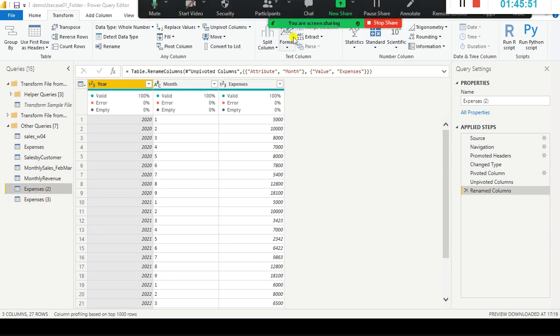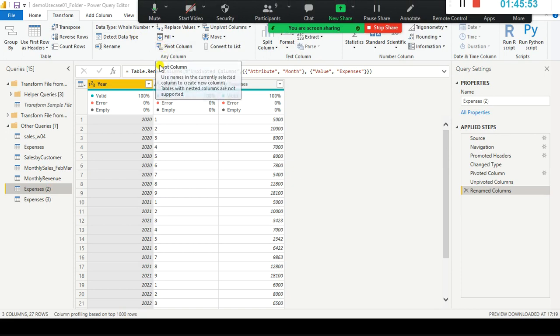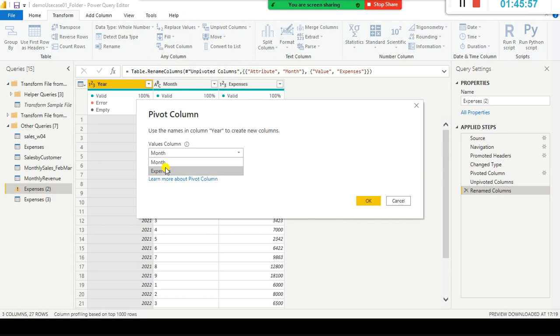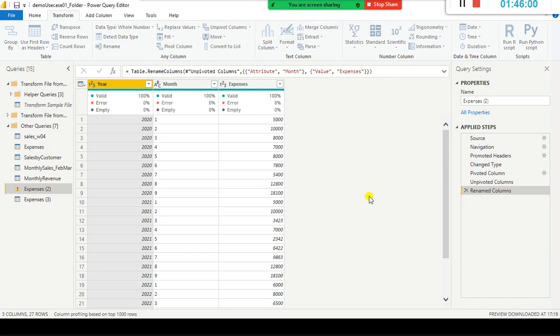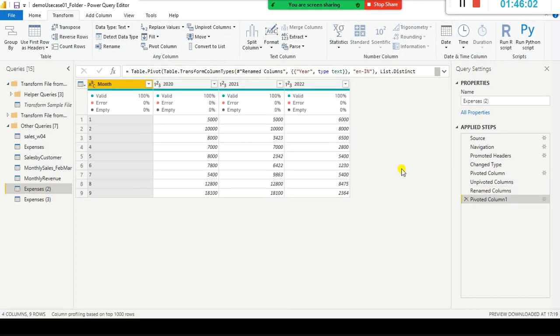So here I just go and apply pivot. The year got pivoted, the rows became columns here. You can give this some meaningful name, so you rename it as pivoting.